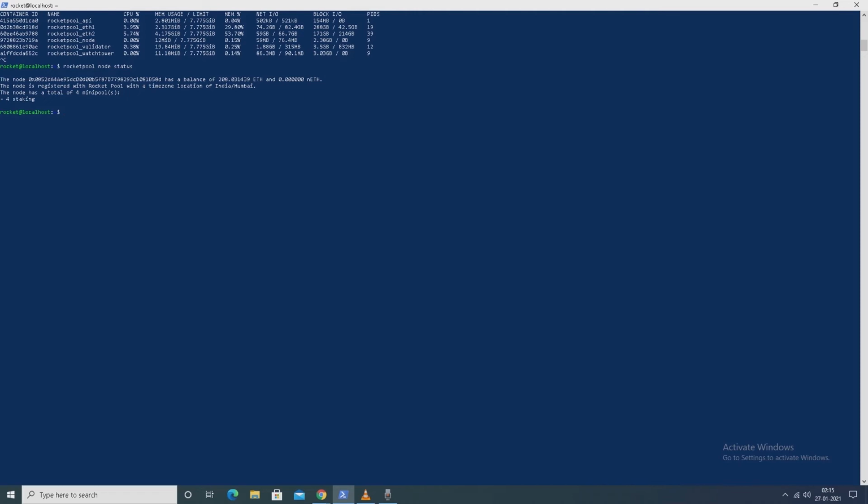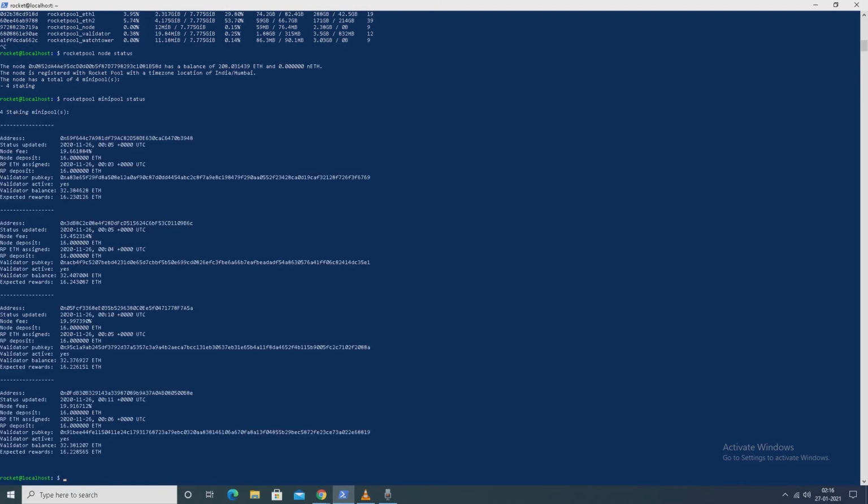So you can see 4 staking minipools, and rocket pool minipool status. Okay, so here are the 4 minipools.